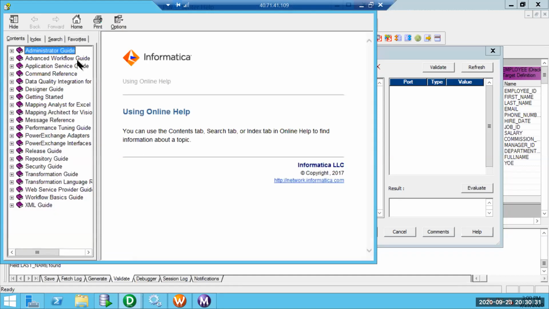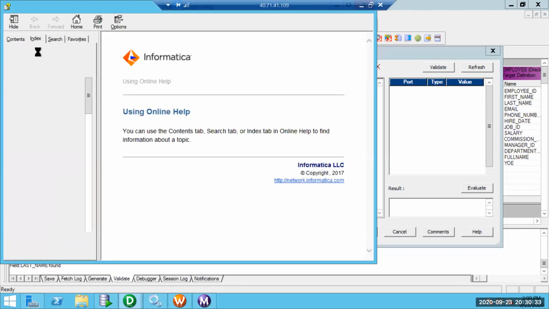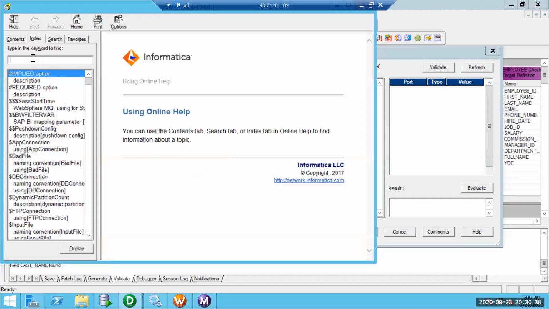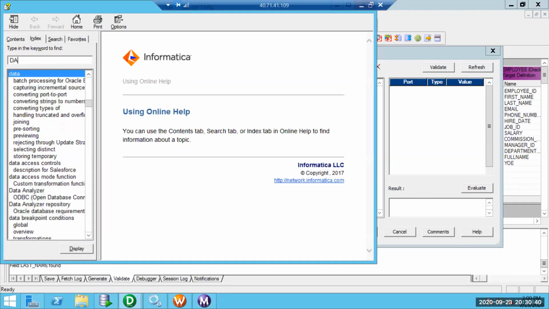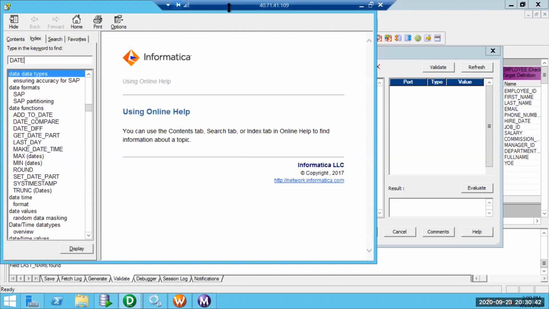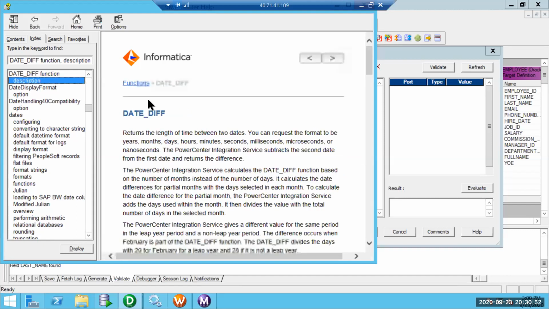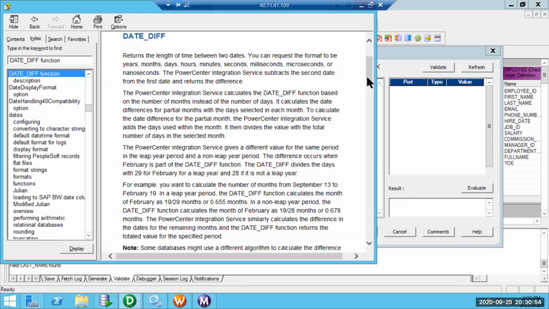Then in the index, just search for date underscore diff.